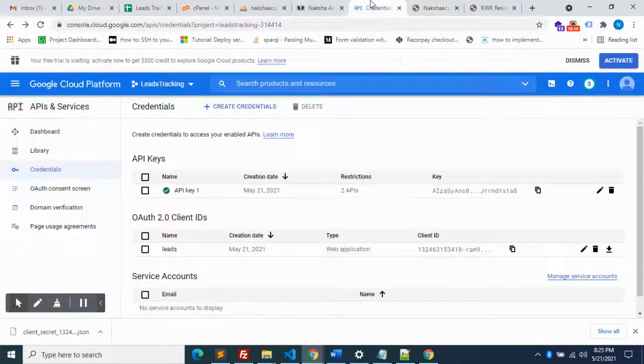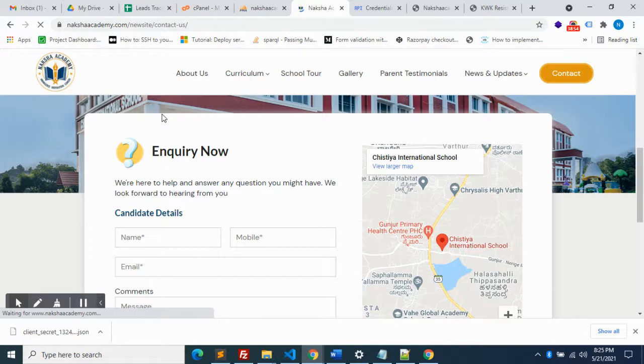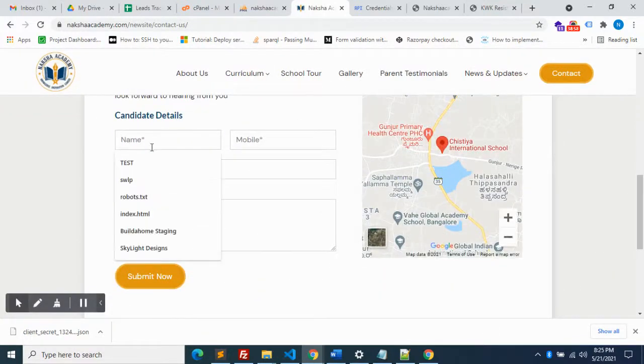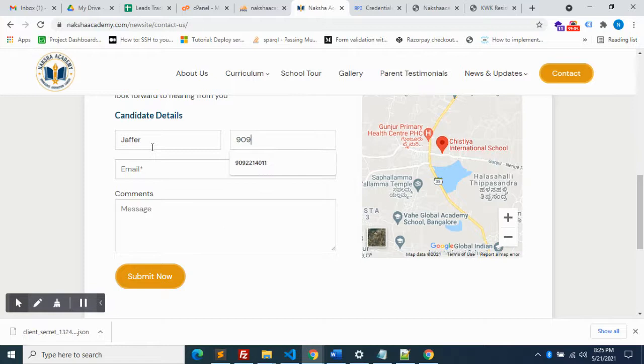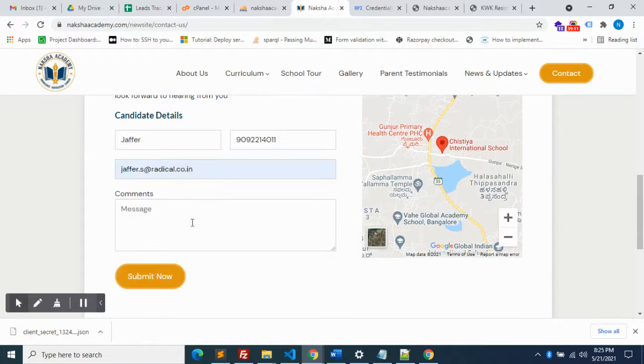So done everything. Now let's try. Let's see. Form, mobile number, Gmail ID, testing.